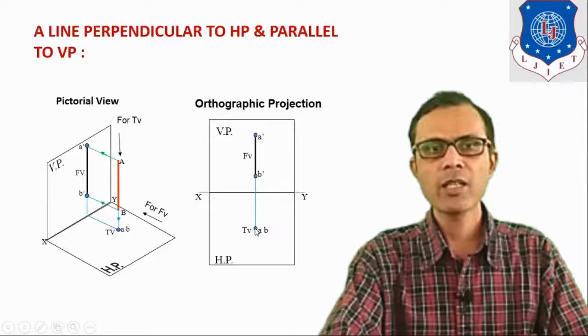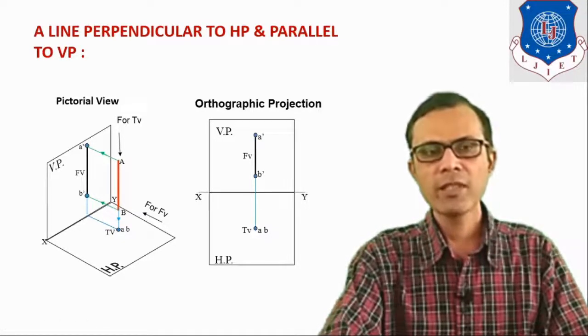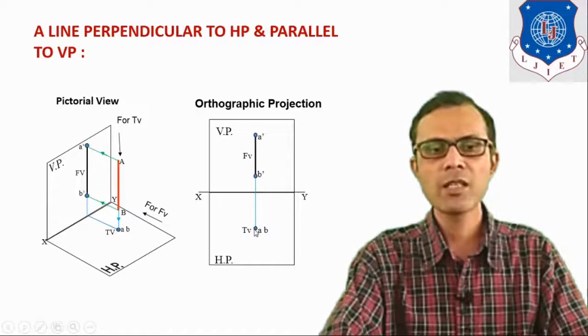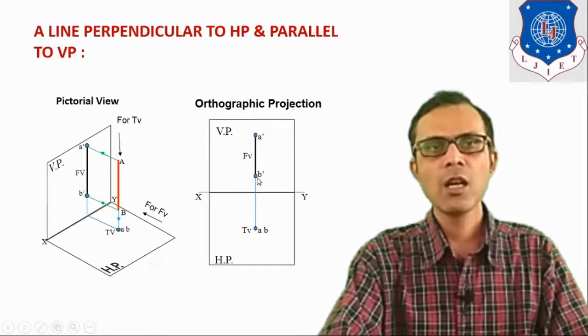On HP it is top view for the given line AB. So if there is distance given in front of VP distance, that similar distance we have to take over here. It is in front of VP distance below XY line, and this distance is above HP for end B. So that much similar distance is here above XY line.